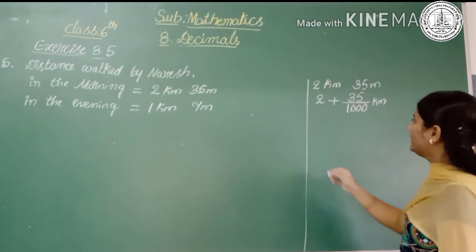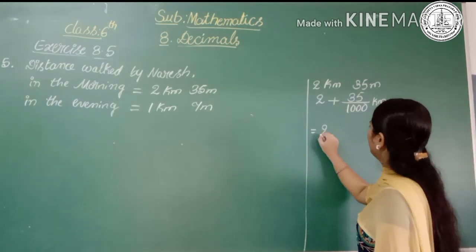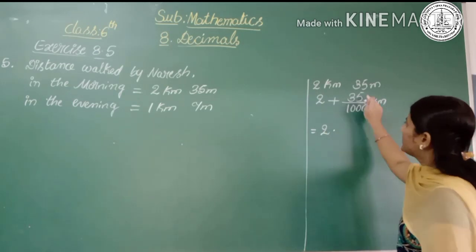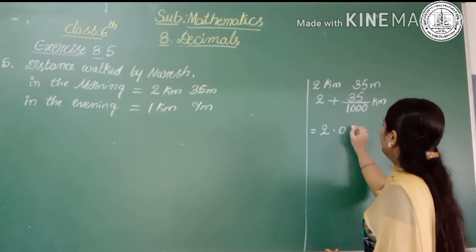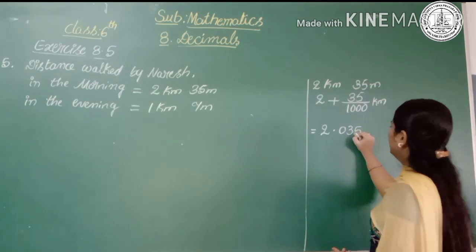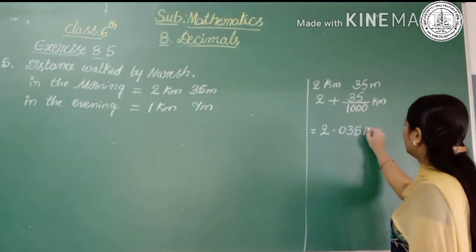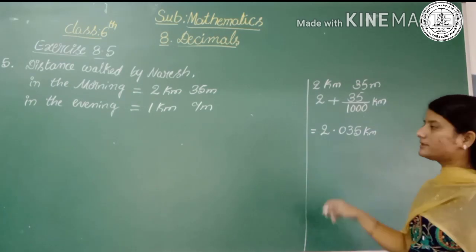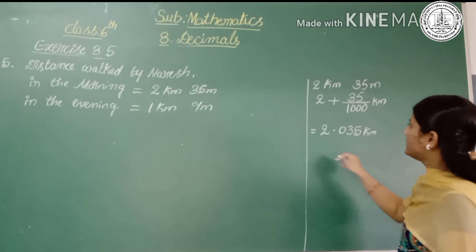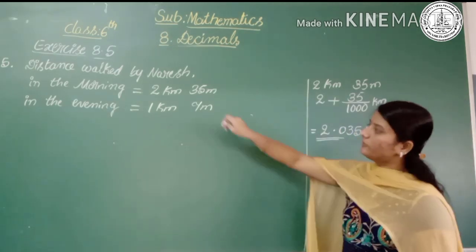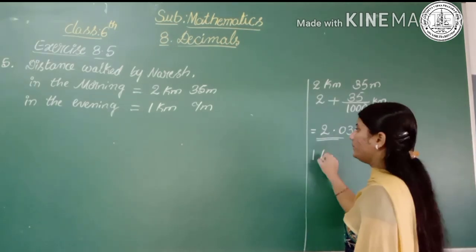Right? Yes. Now write it in the decimal form, which is equal to 2 point. So 35 by 1000 can be written in the decimal form as 0.035 kilometer. Okay? Means 2.035 kilometer. Yes. Then similarly the second distance is 1 kilometer